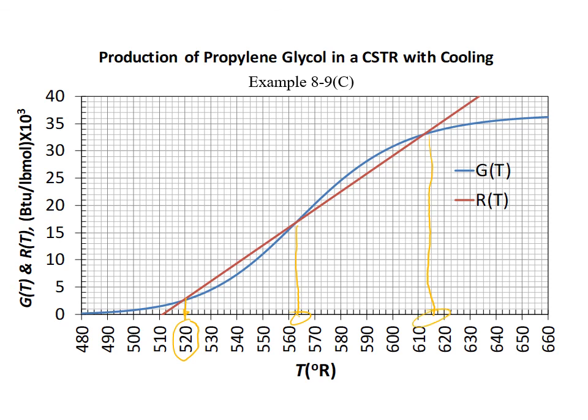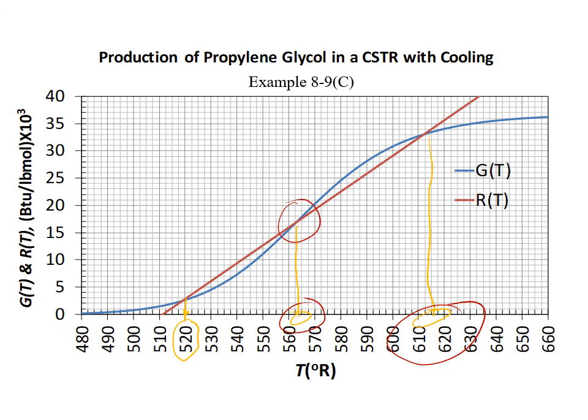Of course, which one do you recommend to operate in? Well, this temperature is good in terms of it will give you high conversion. However, it's too high, right? Remember, we don't want to exceed 585 degrees Rankine, 125 Fahrenheit, because otherwise the mixture will boil and lose lots of the propylene oxide. You don't want to do this. Would you operate at this temperature? Of course not, because this is